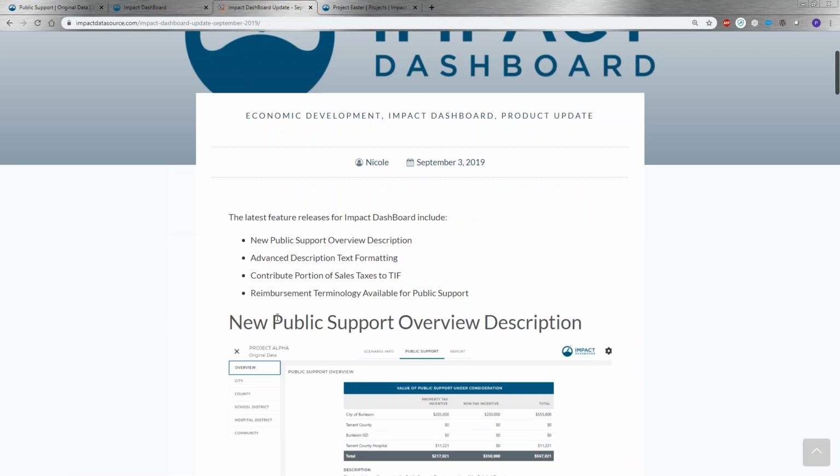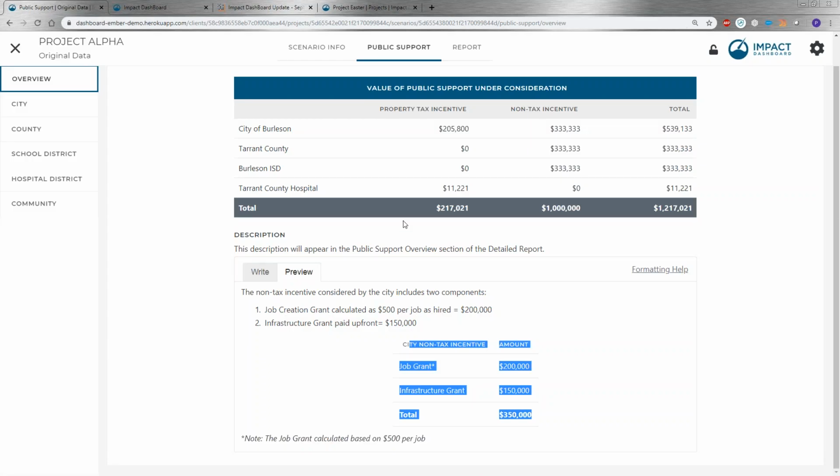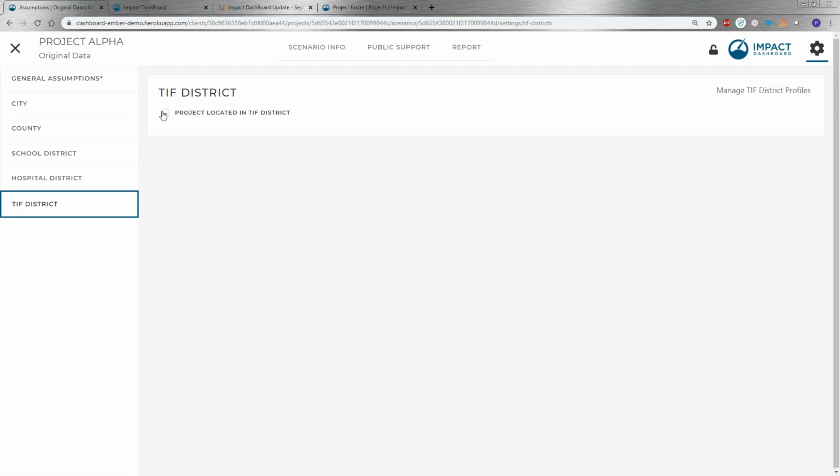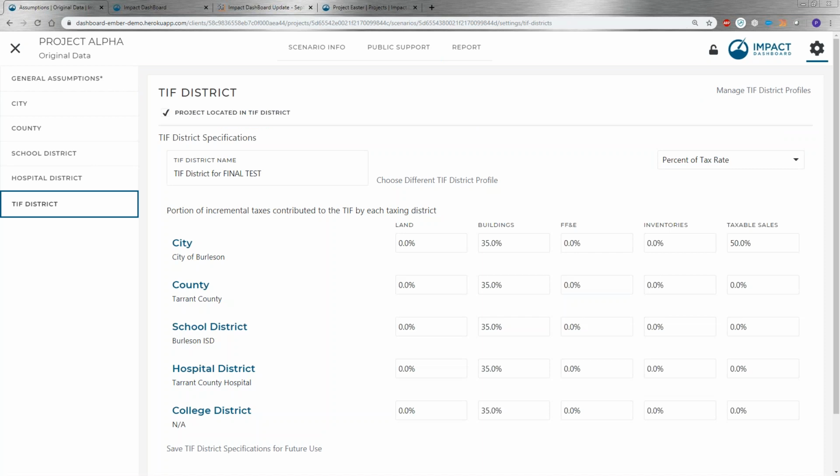Then finally, the last two bullets are not as detailed or as significant. We added the ability for users to contribute a portion of their sales taxes to a tax increment financing district. This one gets into a more advanced feature, but if we were to click on our settings and we wanted to enable a TIF district for this project,